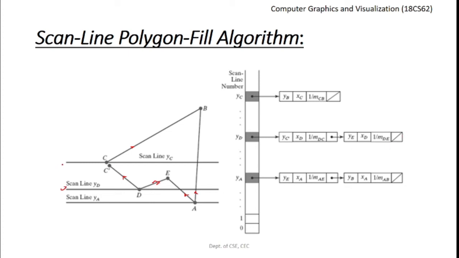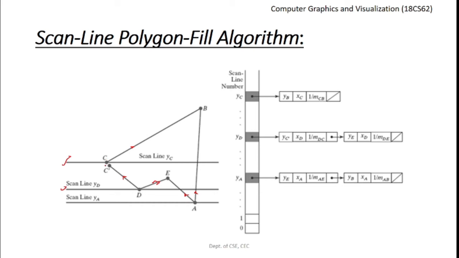We move on up further, and we have the next scan line, that is scan line YC. Now this scan line YC passes through the vertex. There are two edges meeting at this vertex, but as per our previous discussion, we need to consider this as only one edge intersection, because one edge is above the scan line YC and one edge is below the scan line YC. We are going to consider only one edge, that is this edge, as the intersecting edge.